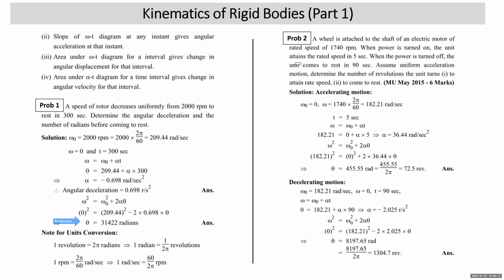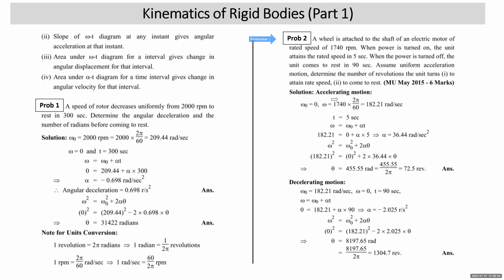Second problem. A wheel is attached to a shaft of an electric motor of rated speed of 1740 RPM. When power is turned on, the unit attains the rated speed in 5 seconds. That means from start to this speed, it takes 5 seconds. When the power is turned off, the unit comes to rest in 90 seconds. That means from this speed to rest, it takes 90 seconds, right? Assume uniform acceleration. Determine the number of revolutions the unit turns